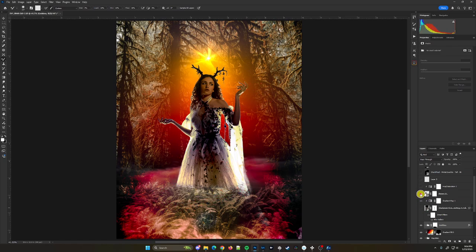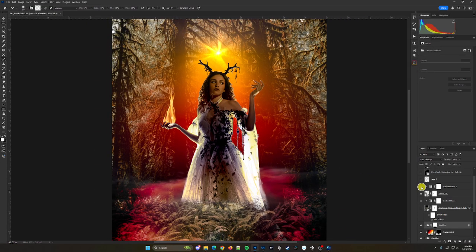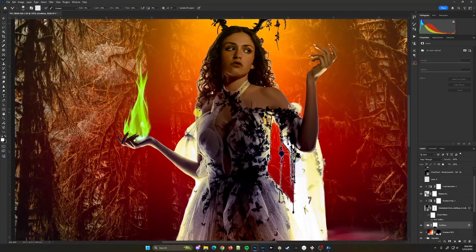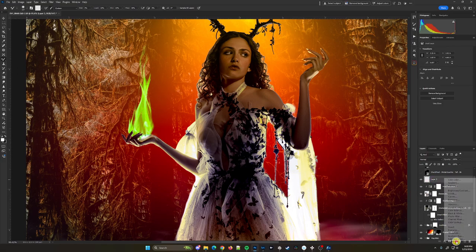While I was thinking about that, I said, oh, you know what? I got a flame thing. So I added a flame to her palm. And I kind of wanted to change the color a little bit because the flame color just didn't seem to fit in the color palette anywhere. So I just made it green because why not? This layer here, I probably need to change because honestly, it was me painting the fire color over there. And actually, I bet I can.